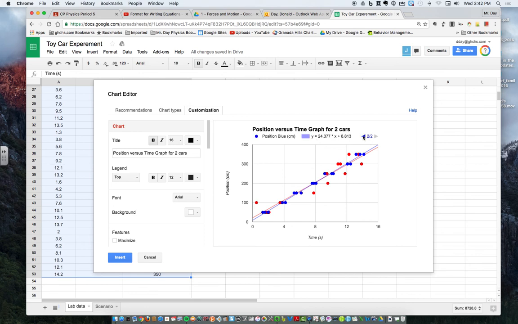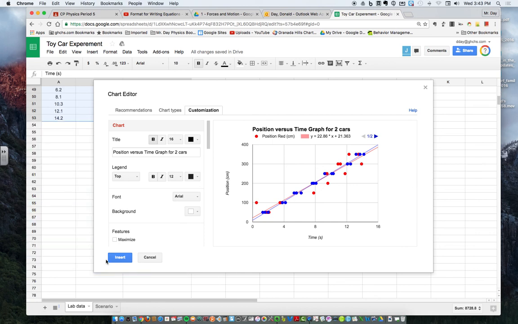And it looks like this group, the cars were moving at about the same speed. Is that right? Yeah. I can tell from looking at the graphs. Now that's a little weird, but you know, it's possible. I don't think there's anything wrong there. I think they just happened to grab two cars that went about the same speed. I was hoping they'd have different speeds, but it'll work out okay. It's still cool. Now when I hit insert,